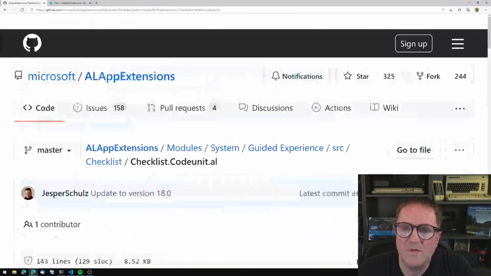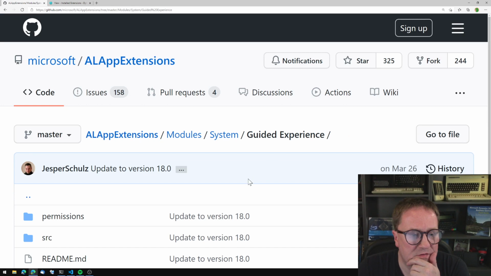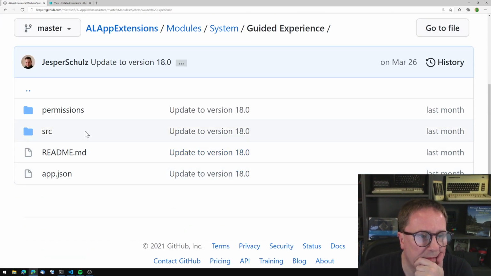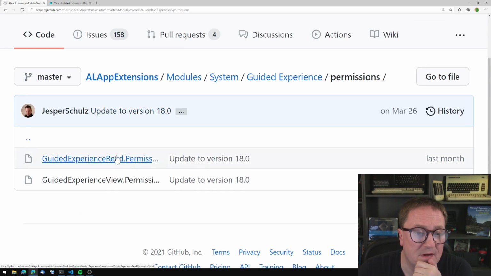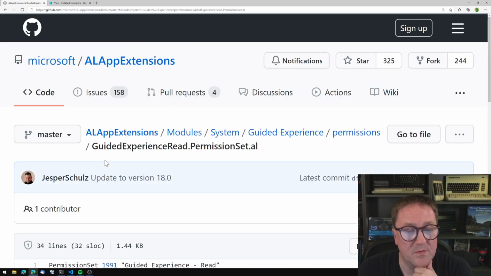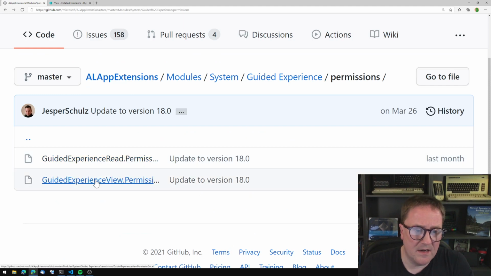Anyway, we're still trying to figure out how this thing made it appear on the role center, and what happens to our headlines? So let's go out and look at guided experience. And you see, this is a version 18 thing now. So there's a permission set as AL code. There's actually two permission sets. It looks like a read permission set and a